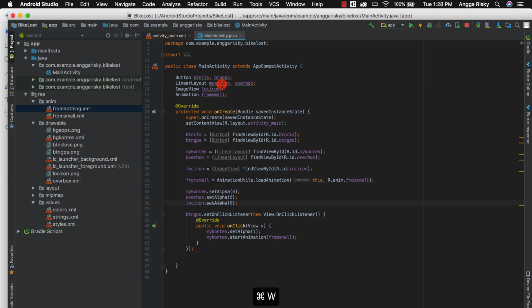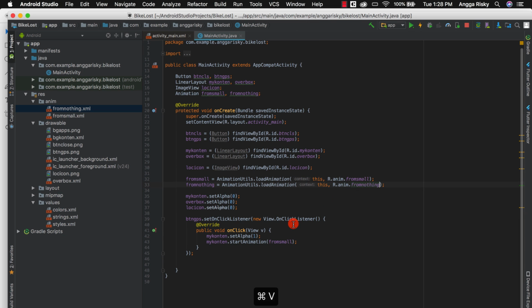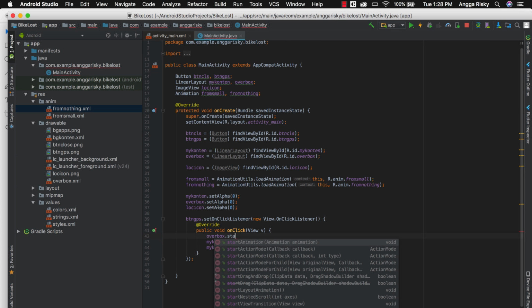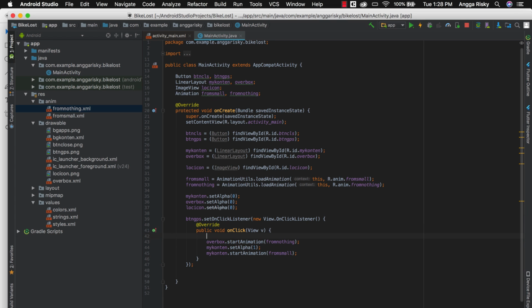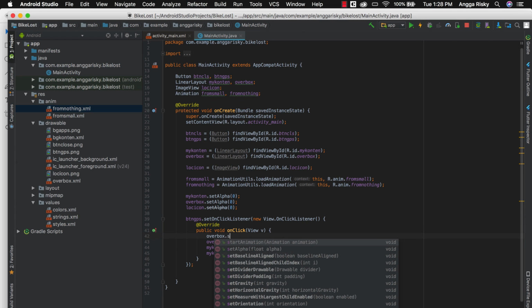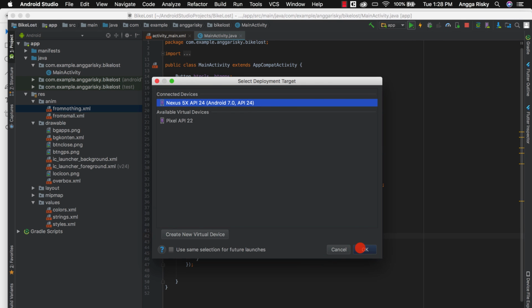So here for animation you can copy from nothing, and then just like this. So if I click this overbox, it comes with the start animation from nothing, but make sure you change the alpha first to become 1, and we play.